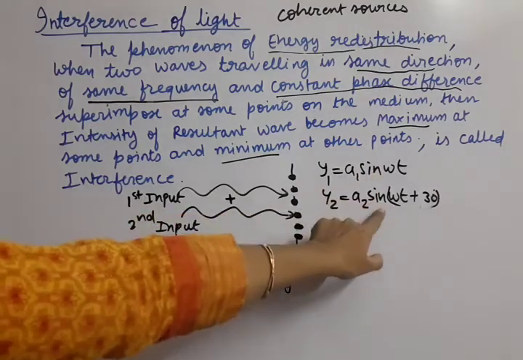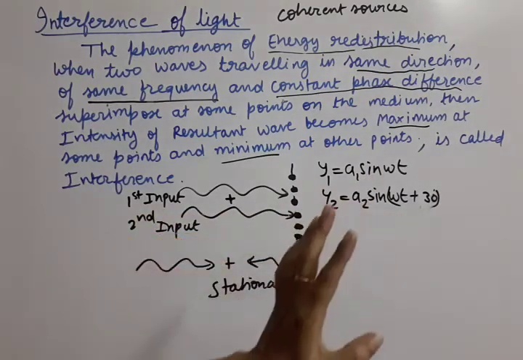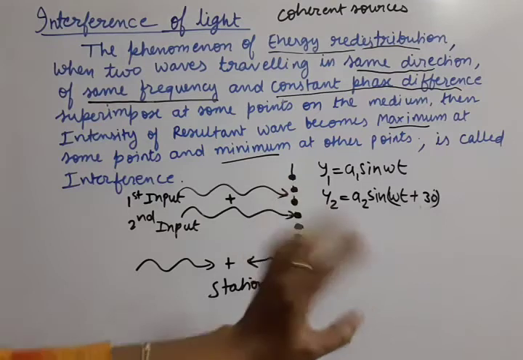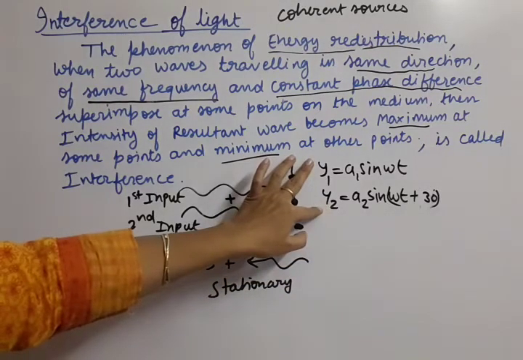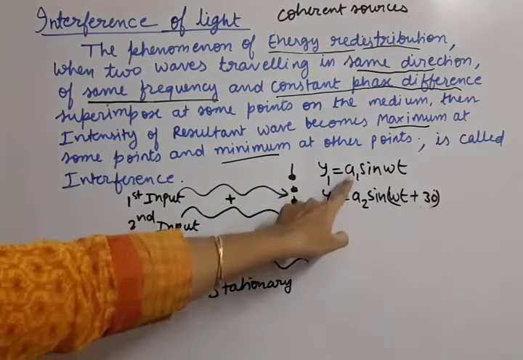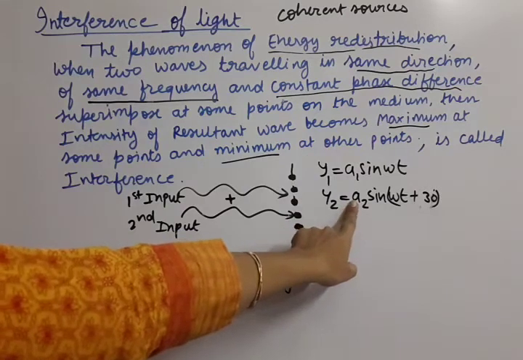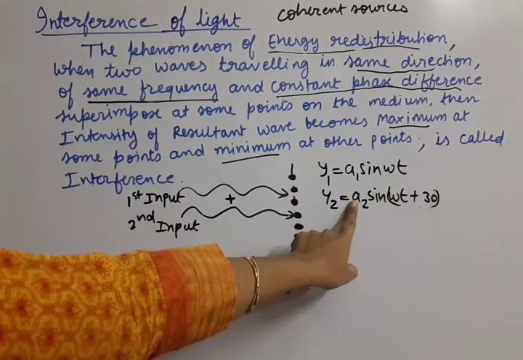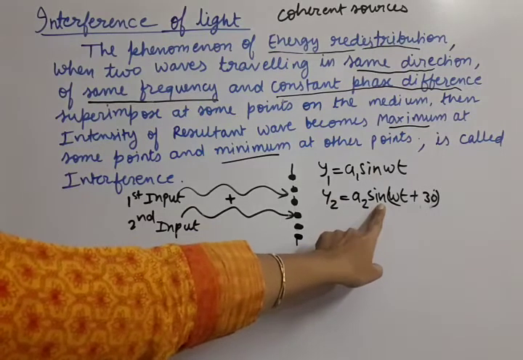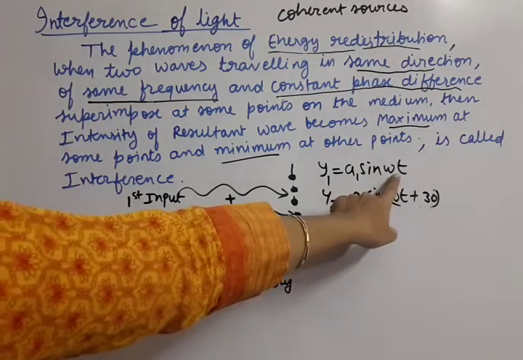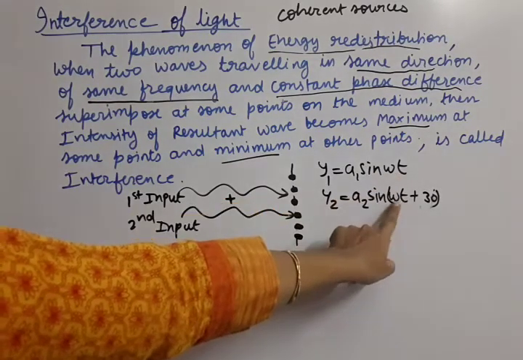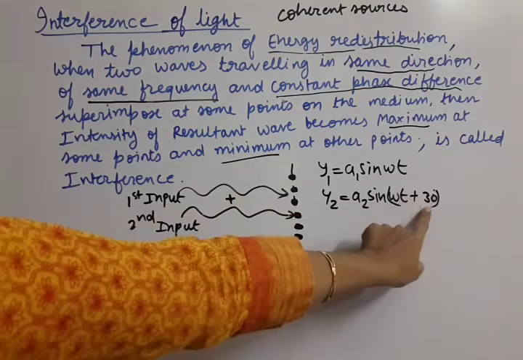Okay, so that's why we have taken the sine. We can use the cos graph also, cos equations also. But just now we are proceeding with the sine equations only. So a1 and a2 are said to be the amplitudes of the two input waves. Then sine theta will come. Then omega t denotes the theta here, and here omega t plus something we have to show.